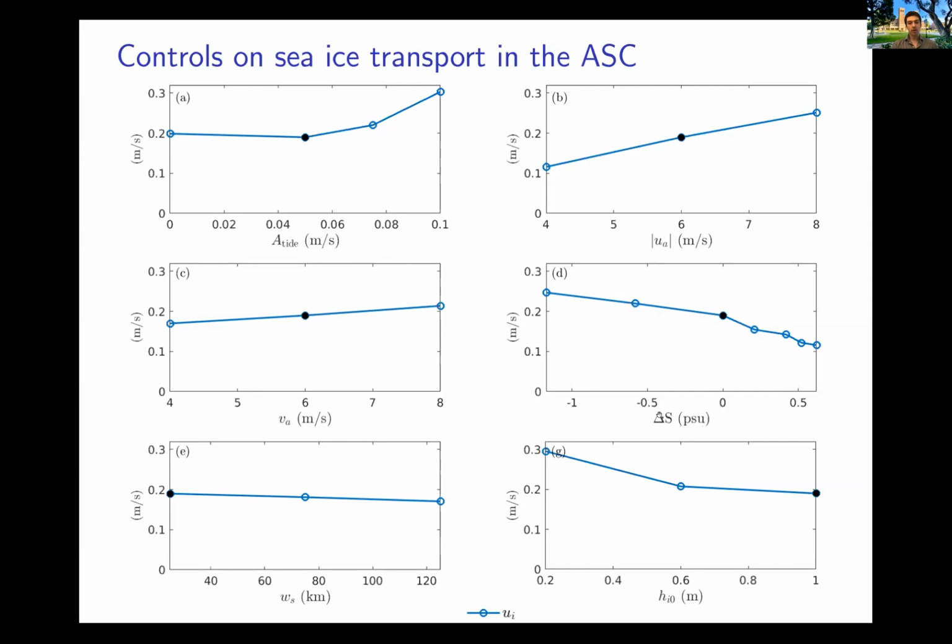But furthermore, processes that accelerate the ocean are important for determining the sea ice transport. For example, the strength of the tides has an impact on the sea ice transport. And the horizontal buoyancy gradients, which are shown here, the horizontal salinity gradient, in fact, across the Antarctic slope current,